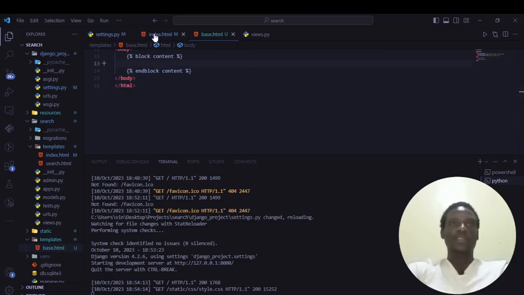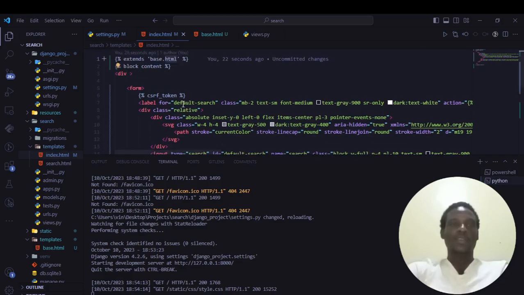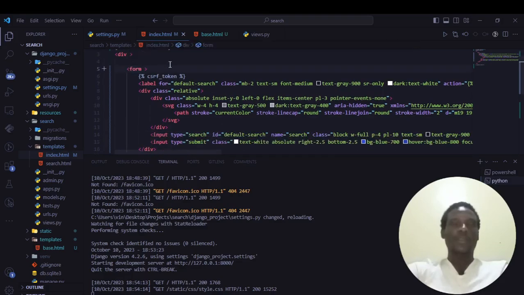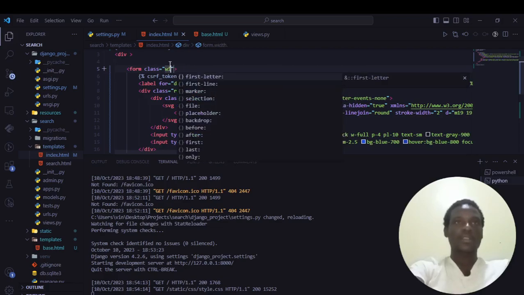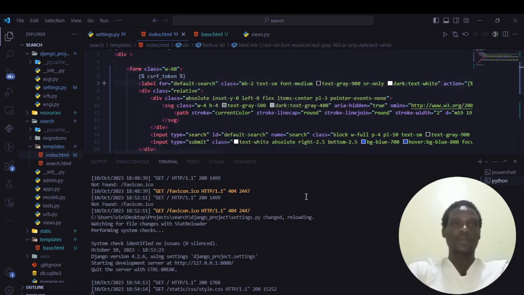So we need to add some styles of our own to make it look nice. To do that, I can come to the index.html, then we can set the form. I can add some style, a Tailwind class. Then I'll say width, w-60, let's say 60. So whenever you add a class,